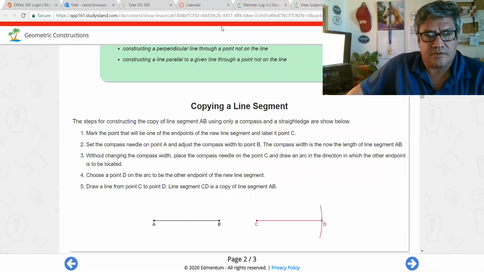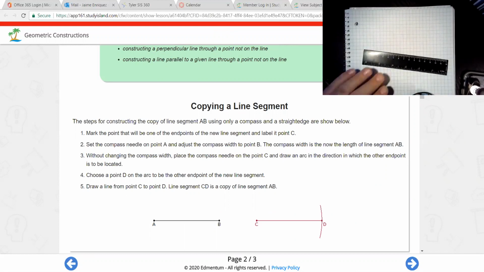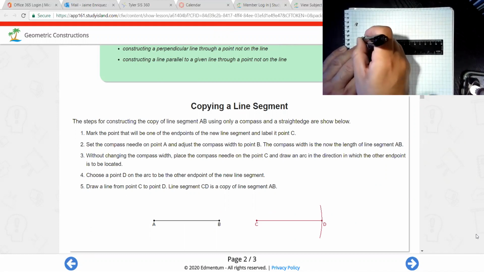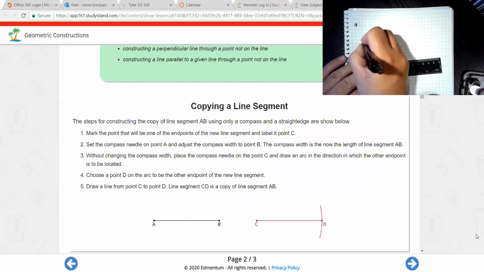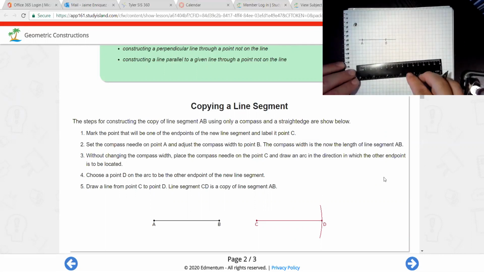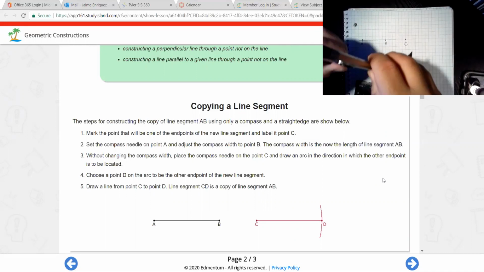which I'm going to go ahead and flip it over to the document here. So they're giving us a situation of how to copy a line segment. So go ahead and make your line. So let's do that. And that would be point A. And then we'll make that one point B. So then go ahead and make a point here. That will be C. You grab your compass,